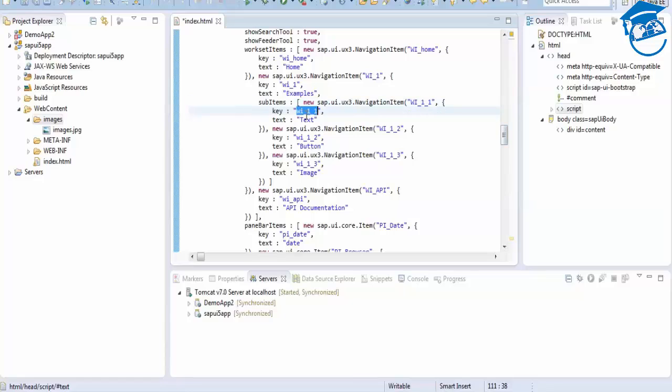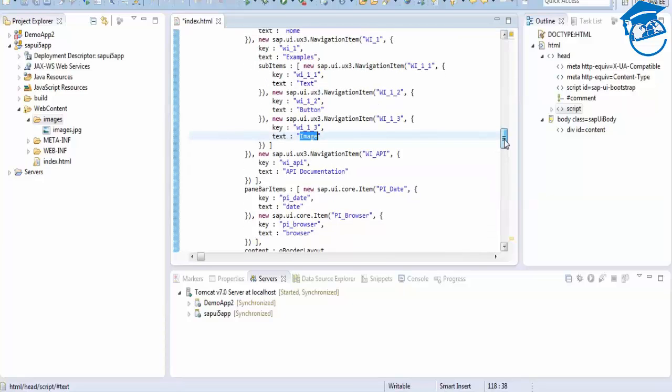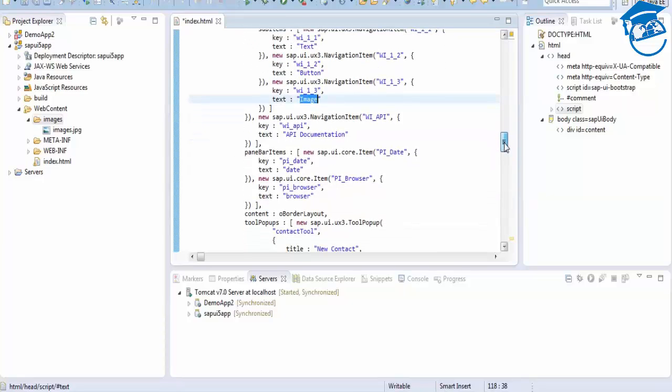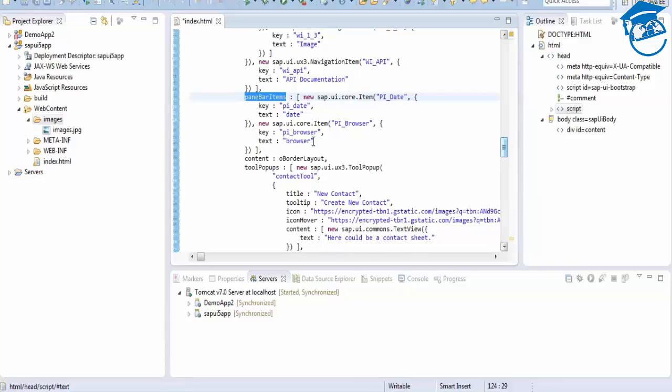So once you click on each, the text, button and image, what is going to appear, we have a separate variable for that. So this is what the OShell is, and the navigations inside OShell. And then pane bar items, towards your right you are seeing the 2 date and browser panes, that is here. And the content